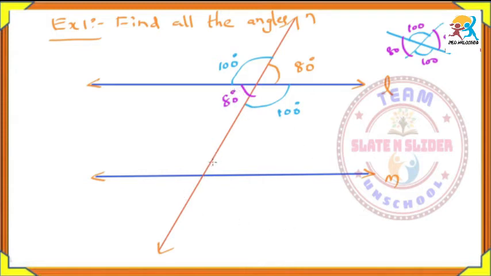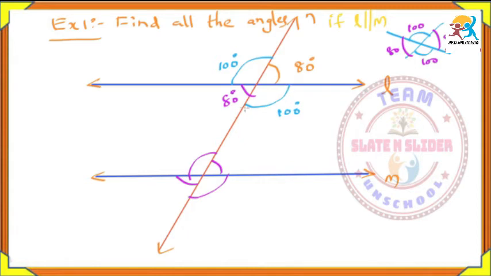So here we have four angles, 1, 2, 3, 4. How to find these four angles? Actually here we are unable to find these four angles. Why? Because there is no condition given for the two lines L and M. So we cannot find the angles at M. So the condition should be given. Find all the angles if L is parallel to M. Now we can find.